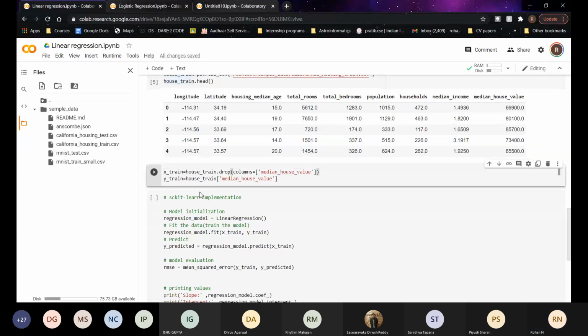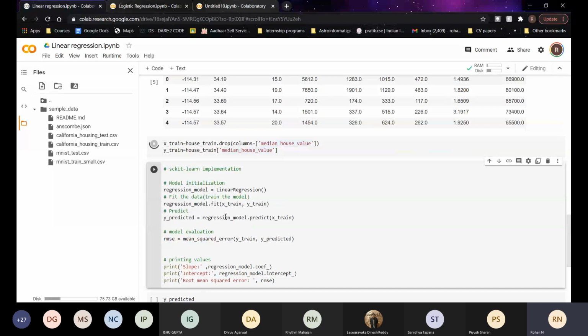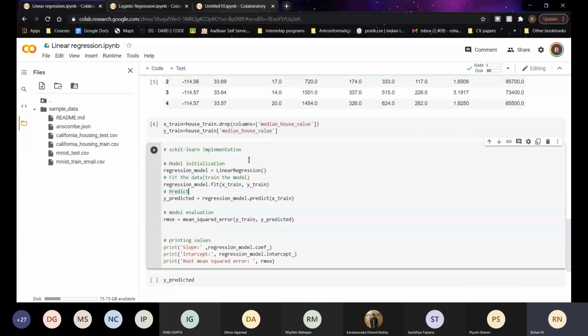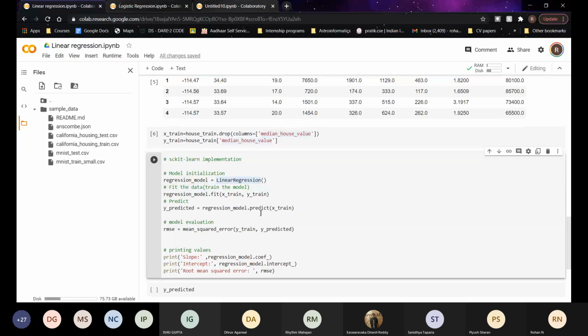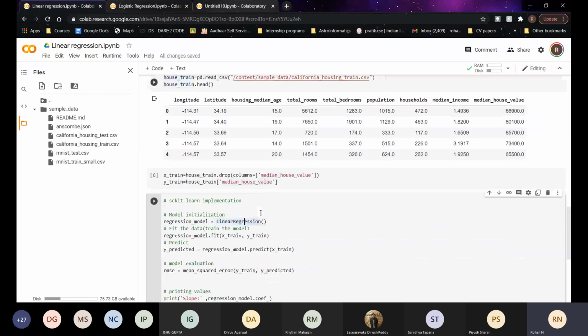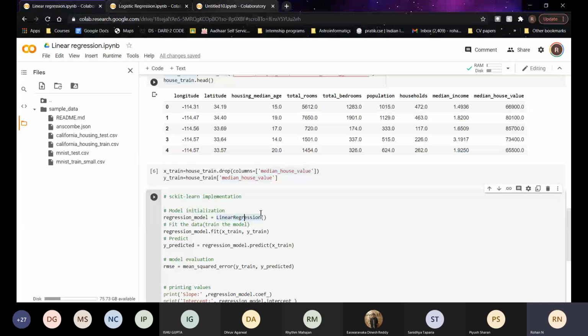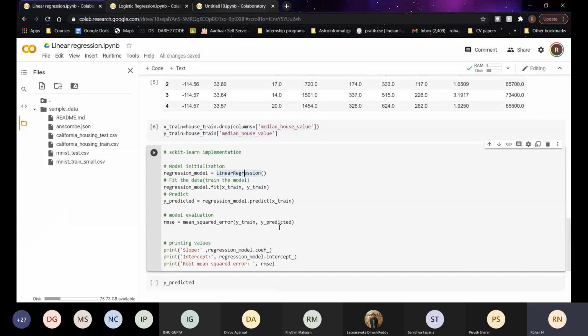And this code is in fact quite the exact same as we had in the previous example. We just use this function to initiate the model. We use the dot fit to train our model, and then again we find out the error.